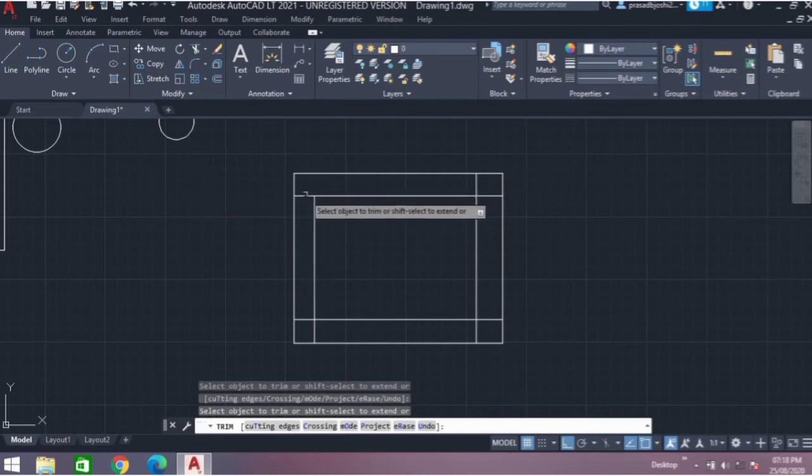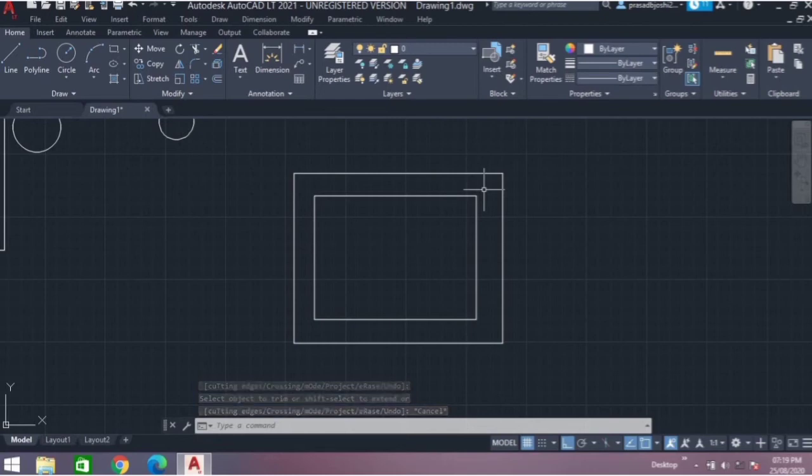So select this, this, and this, and this. So the object gets trimmed. Now we can see the room with correct wall thickness. So in this way we can use the trim command. It is mostly used when we are doing with the line plans, double line plans, or the developed plans where we show the wall thickness. So this was the trim command.